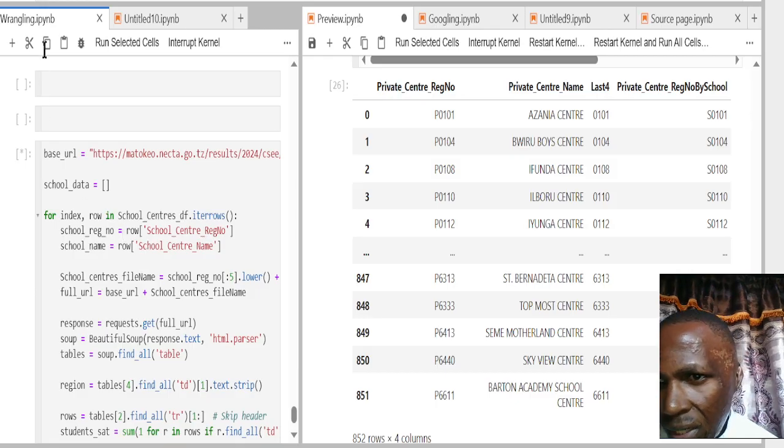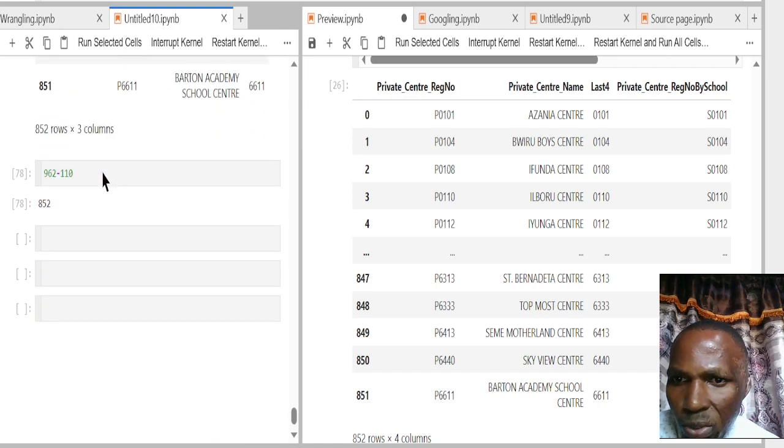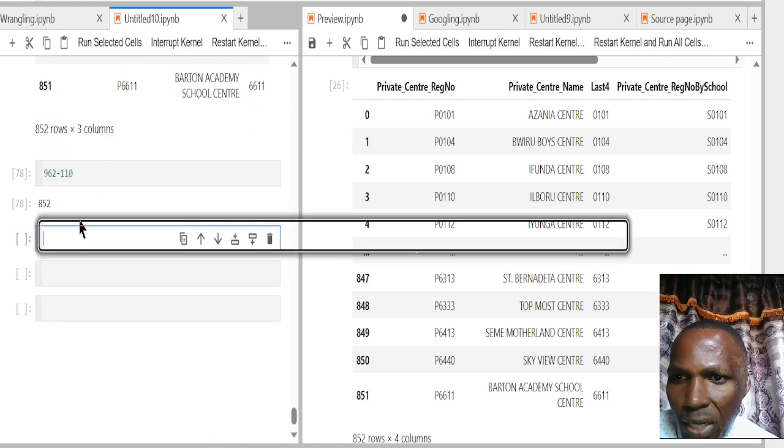Let's check our Wrangling Jupyter notebook, Jupyter Lab, if it has worked. Still, as you can see, it is still active, running and fetching for our 5,574 school centers. Yes, let's go back to our coding. So what we are doing here is that we need to add